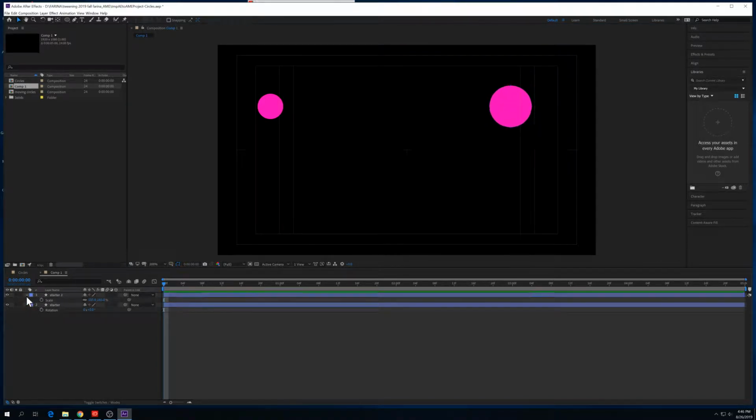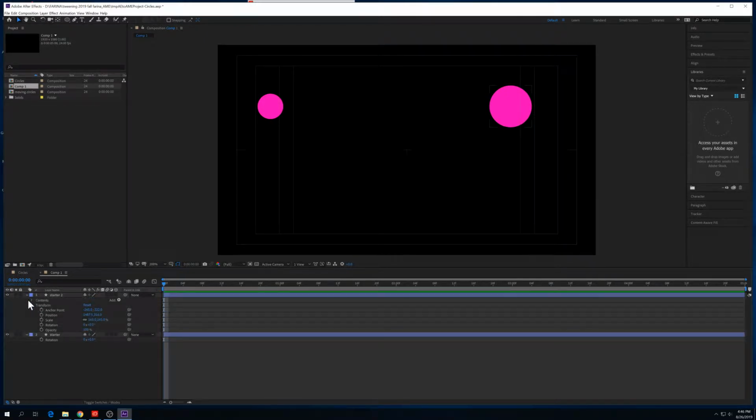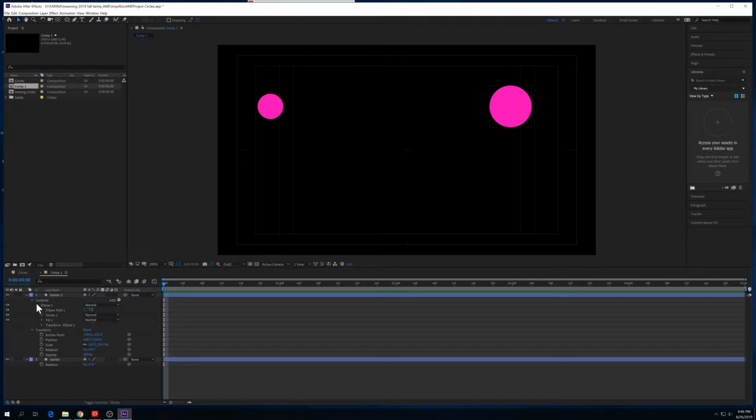And if I want to drill down on this, even after we've made it, under the contents, ellipse, path, stroke, and fill, down here,